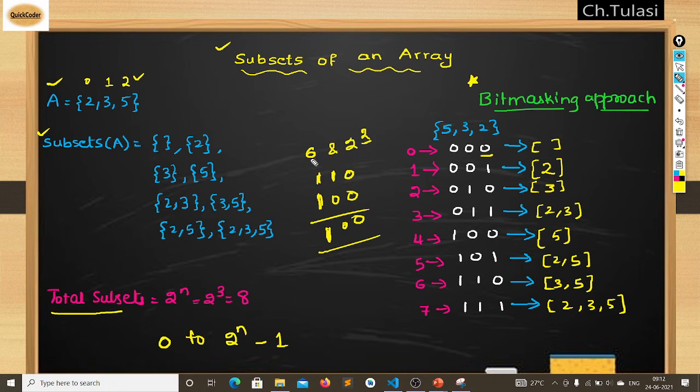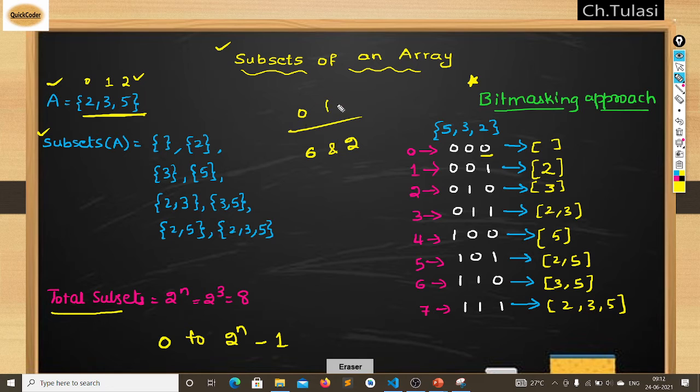So up to when do we have to do this? Suppose I do 2 power 3, there is no use, because 6 means 1, 1, 0 and 2 power 3 means 8. We would be checking the fourth position, but the array elements are there up to 3 only. That is the reason we are running this from 0 to 3, I mean 0 to n. So this is how we can do it internally.